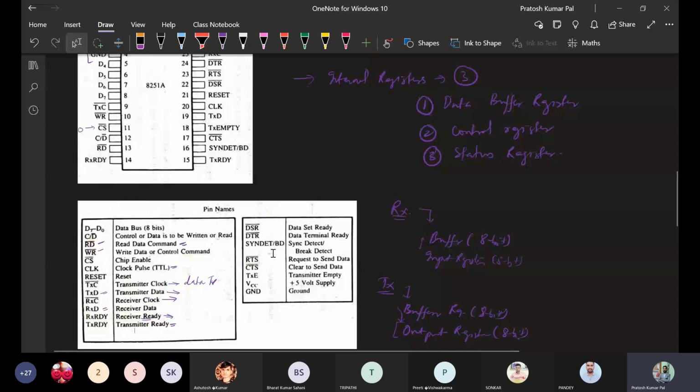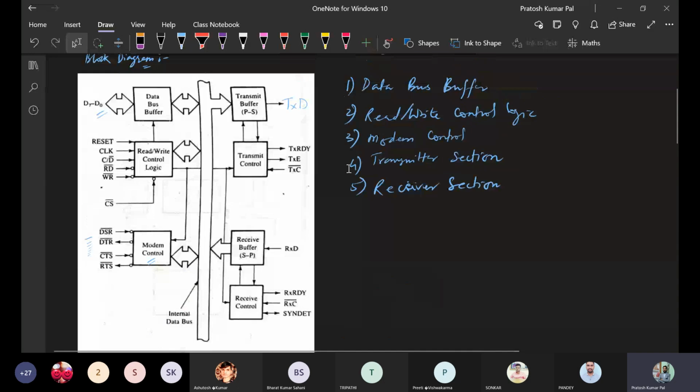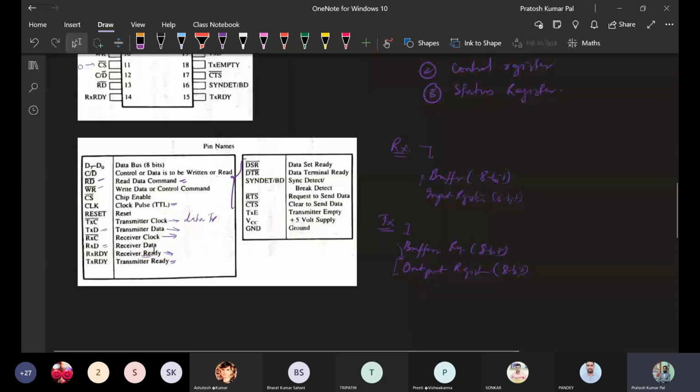That's why these signals are called modem control. Modem control means communication control: whether it is receiving data or transmitting data, that will be controlled by the modem control. Later we will see some examples of how it controls the data and how the data is transmitted.